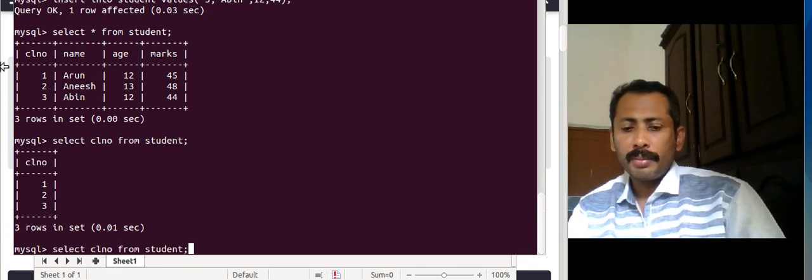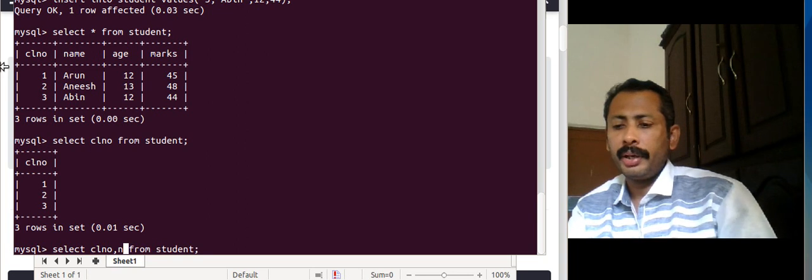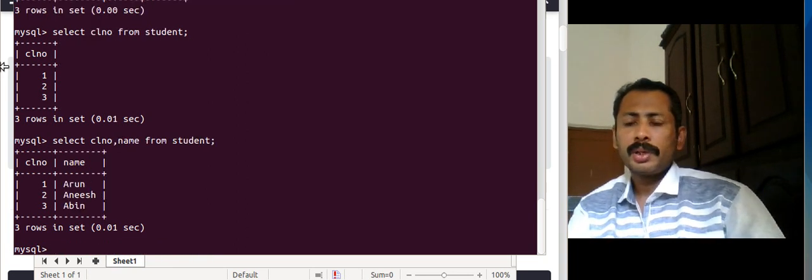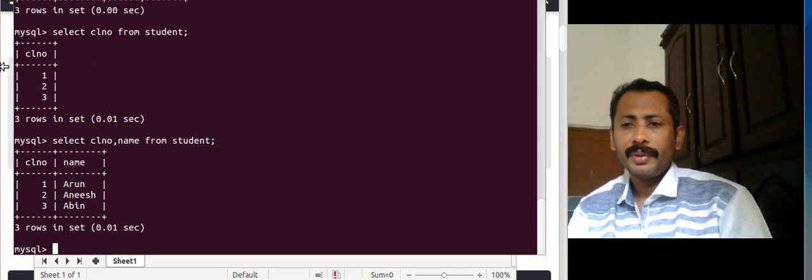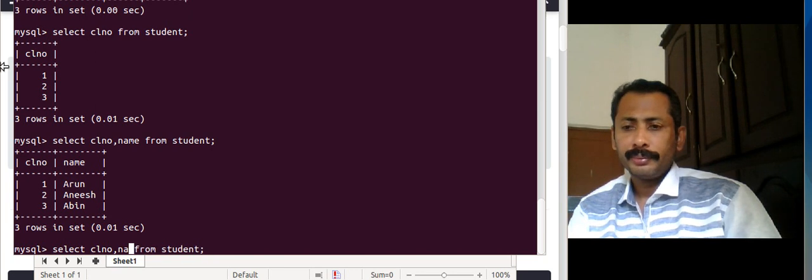If I need two columns, I can give select class number comma name. Okay, so it shows class number and name. Now I need class number and marks.